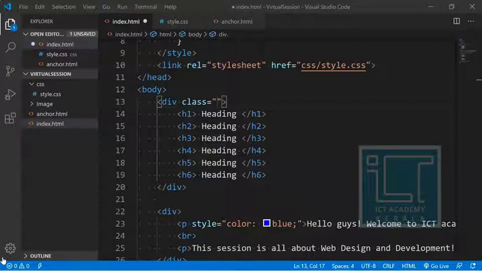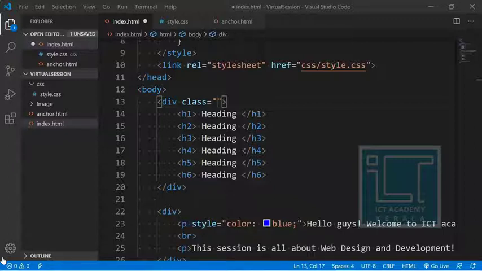So likewise, each class consists of a number of students, or a group of students, sharing some similar features. For example, in the computer science class the students will be of the same age, and they will have a taste for computer science. They have more interest in computer science and not in mechanical. So likewise, a class name can be given to a group of elements inside HTML.